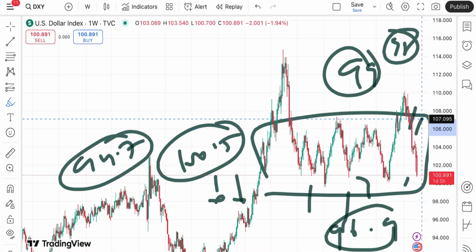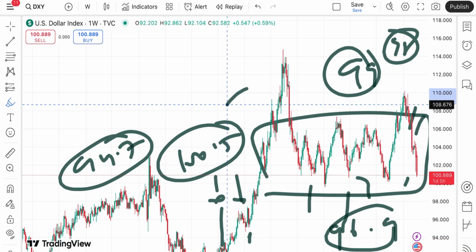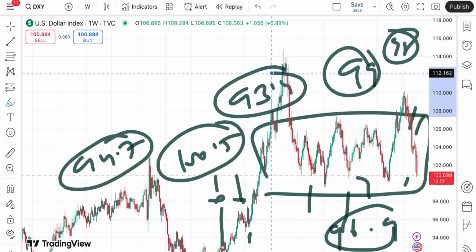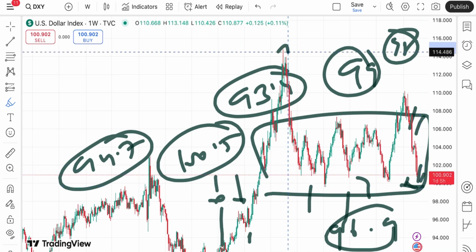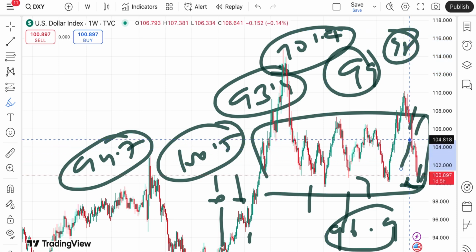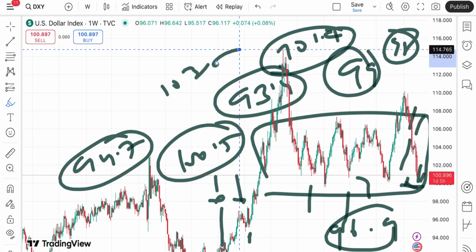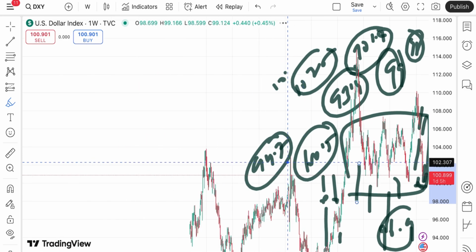We have seen there is a continuous downfall after a level of 107, so the probability is that if the price doesn't sustain a level of 96, it can touch a level of 93.4 also. But if it starts forming a swing, and then starts going again above a level of $101.9, there is a probability that it can go towards 103.5 to a level of 104.5, and then towards a level of 105, and then further upside. So you have to understand that